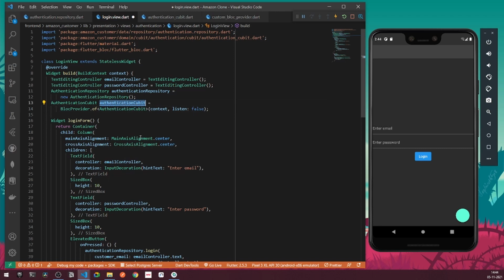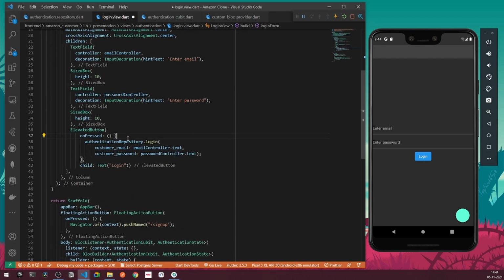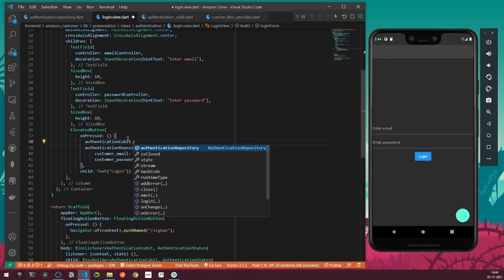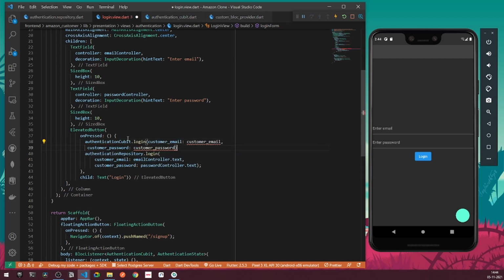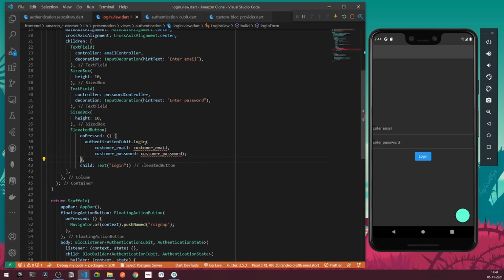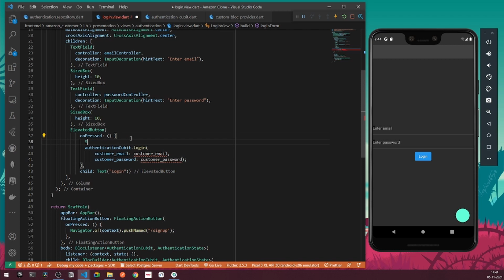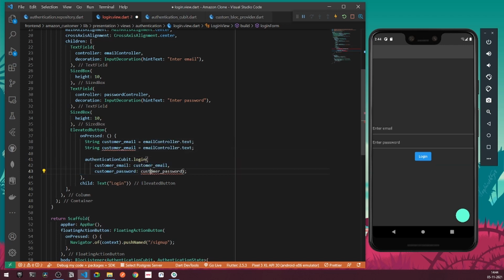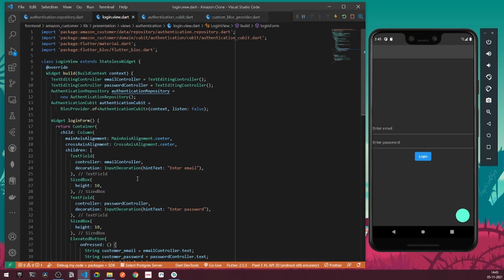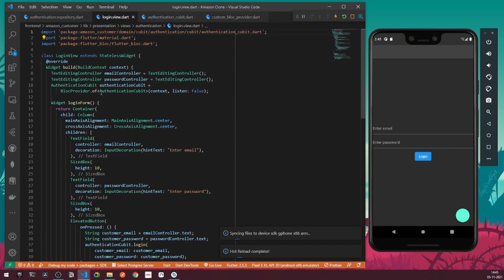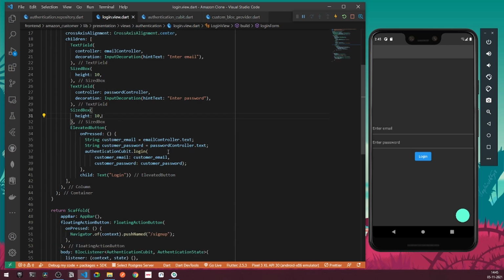So now what we need to do, on tapping over the selected button, we need to handle the authentication. So I'll simply say authentication qubit dot login for now, and this will be the following credentials. Let's remove this stuff for now, and here we need to add some string. So I'll simply say a string of customer email should be equal to email controller dot text. Also we can have a customer password, so I'll say customer password for a password controller dot text. Right, now this will be the entire thing. So we can remove the instantiation of authentication repo, because we will be contacting our block instead of the direct repo. Right, now on tapping over it, we should be able to authenticate, that is we should be able